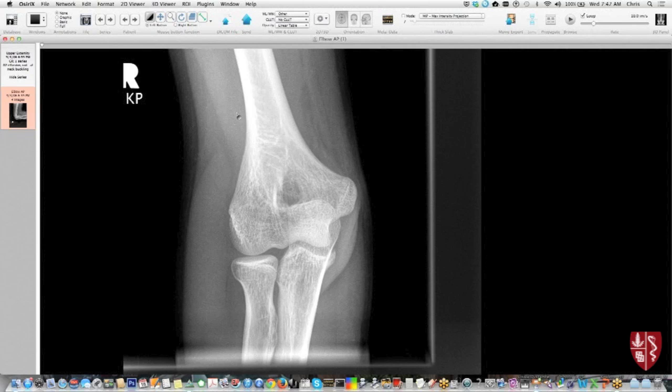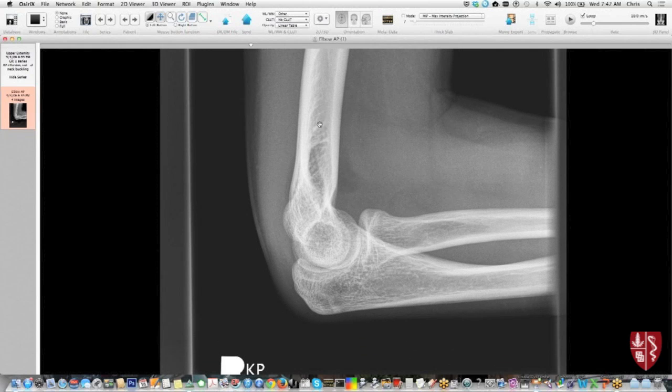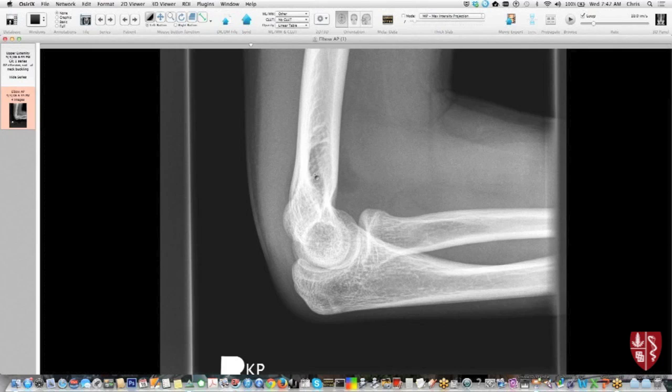If we look at this example, this lateral elbow, it's a fairly young patient, but if you look closely, and I'll try to be careful about window leveling things here, I think hopefully you can all tell that this patient has an effusion in the elbow joint. Anteriorly, there's this lucency that's the anterior fat pad bulging out. Probably more importantly is this subtle lucency back here, which is the posterior fat pad. So that tells us this patient has an effusion, and the most common situation we see that in is in